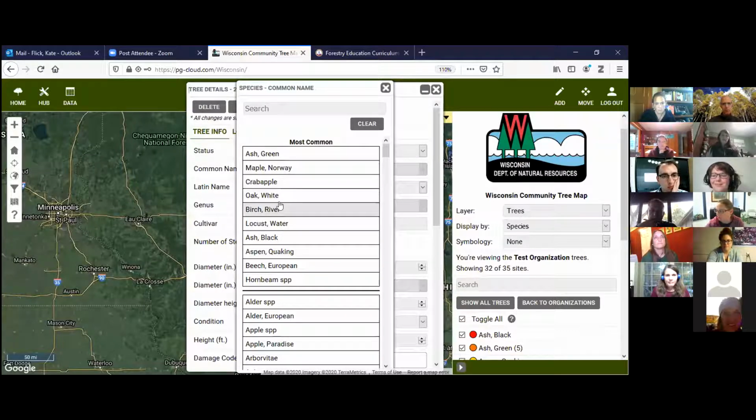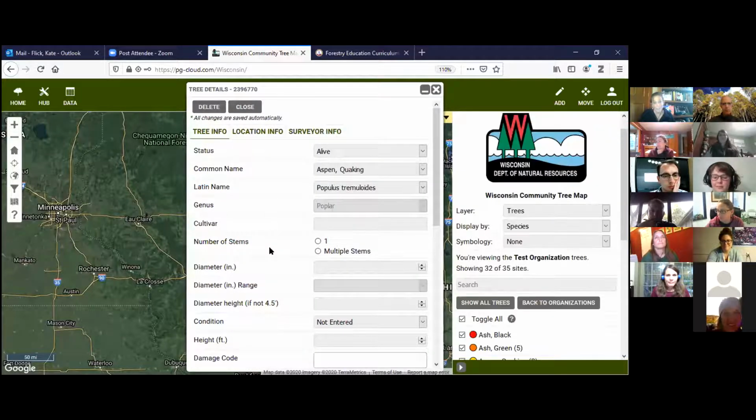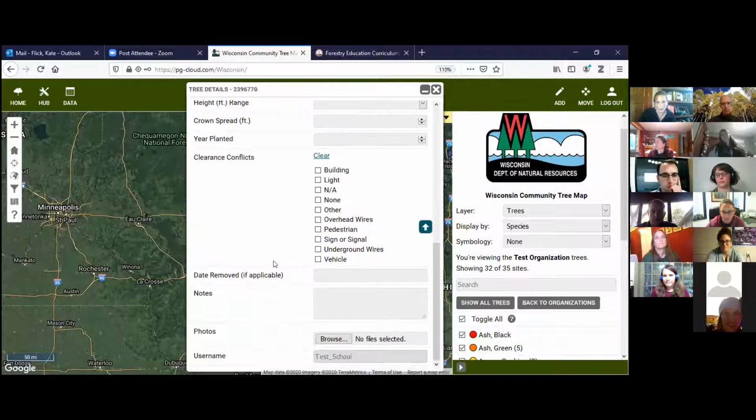Of these ones, I've been really enjoying the aspen. The colors are changing and they're so beautiful right now. So I'm going to add an aspen, just because we're making this up. Another important variable is the diameter in inches. I'll make it up and say it's a really small aspen, only a 6-inch diameter. And then it should automatically add the tree.